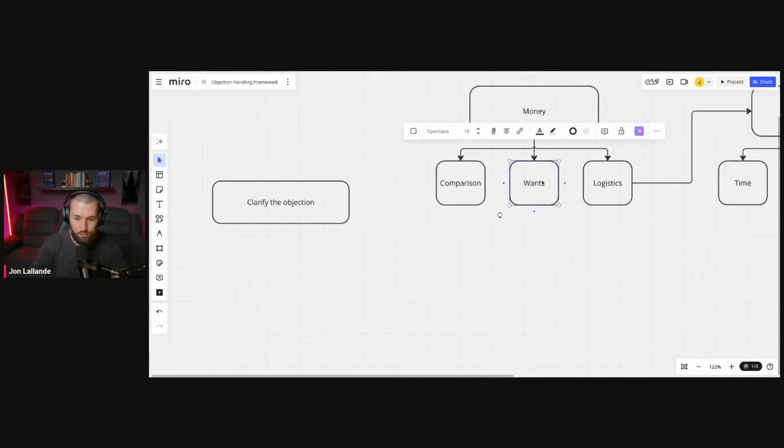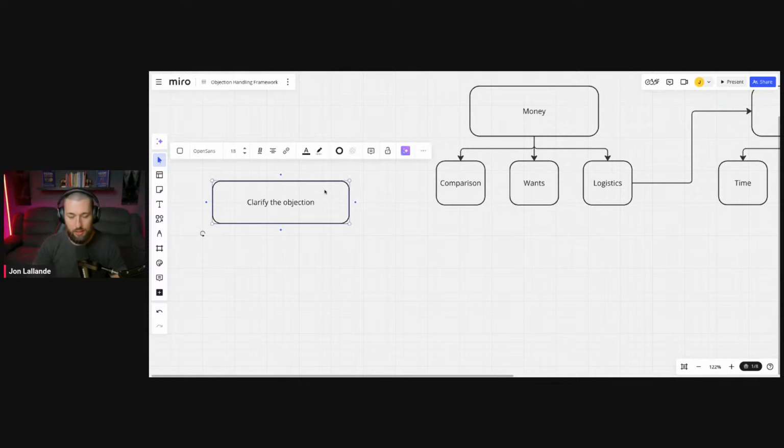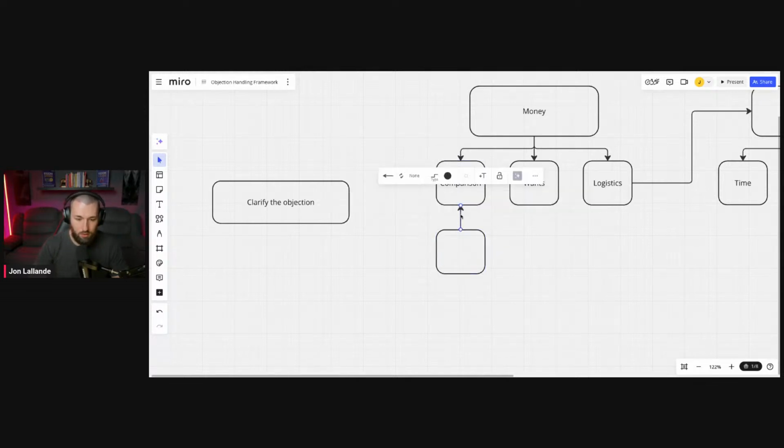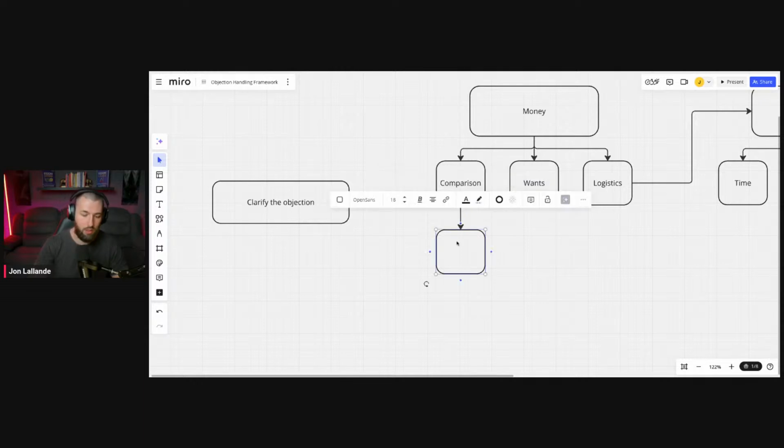So I'm going to cover these two. Let's say, hey, when you say it's not enough money, how do you mean? They say, well, my neighbor's house sold for XYZ. Okay. The first thing we're going to do is disarm them a little bit more. I'm going to give you guys a couple of examples. Yeah, I could certainly understand why you might feel like that. I could certainly see that's a valid point, right? You could disarm them a little bit more.